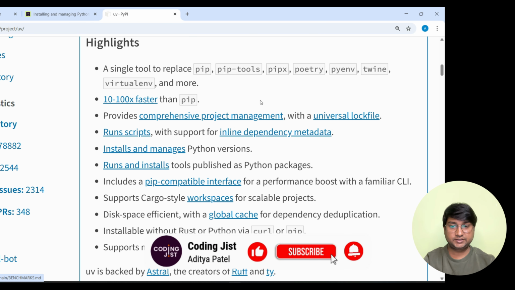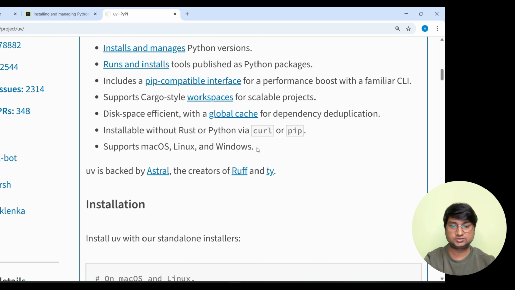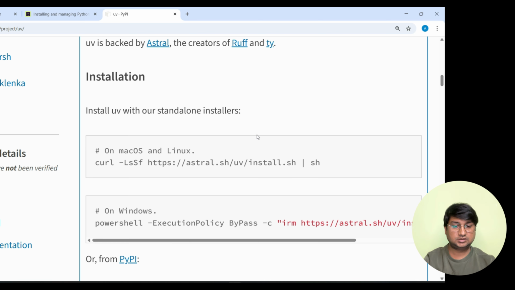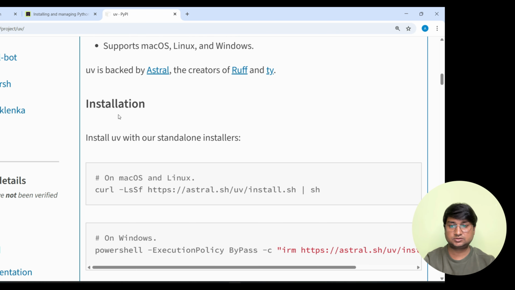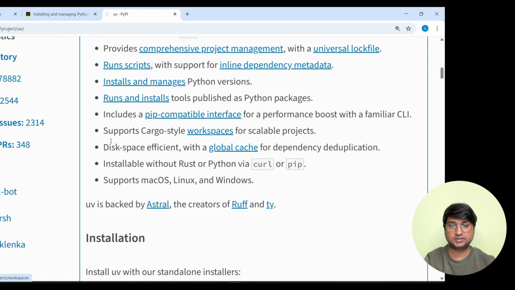So you can read a few of the highlights over here. You can pause the screen and read it. You can see 10x faster than pip and a lot more. So it can manage multiple Python versions and all. I'll jump and go to the installation part. You can come back, or you can pause the screen and read these